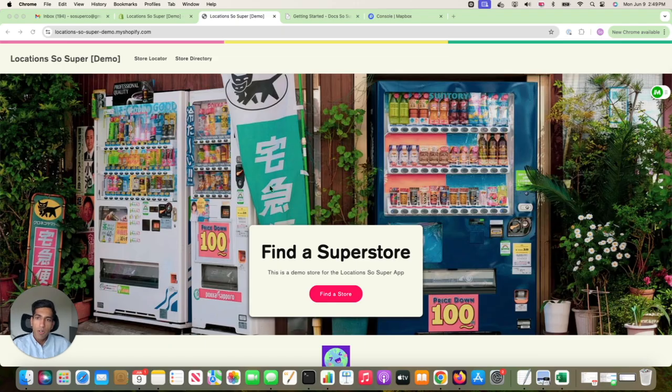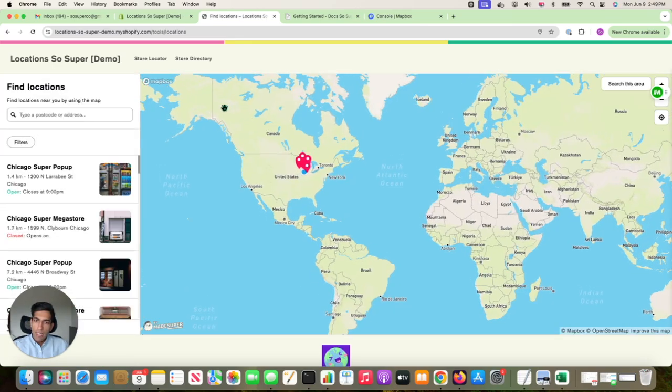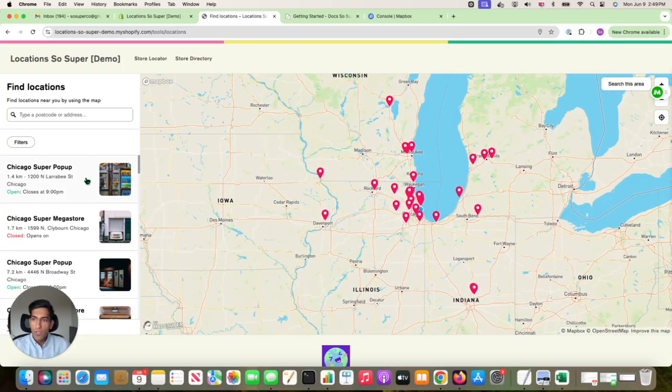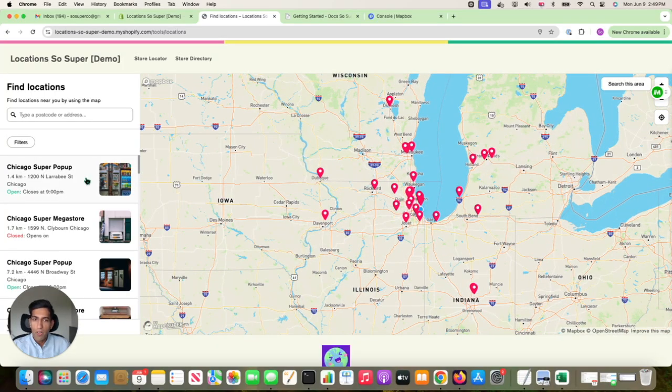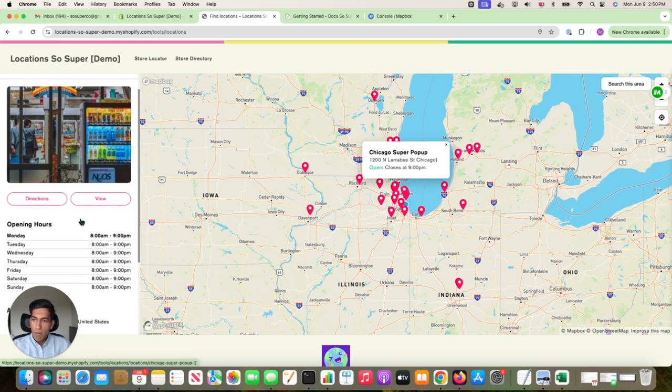As a customer, I'm looking for the closest location to me, so I'll click on Find a Store. And that's going to direct to a page that has the map and also the closest locations sorted by distance here on the left. And as a customer, maybe I'll just click on the location